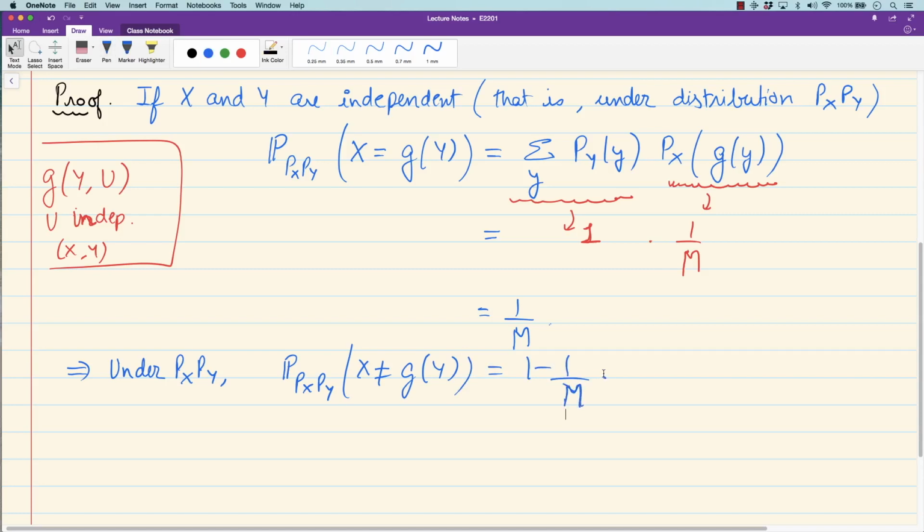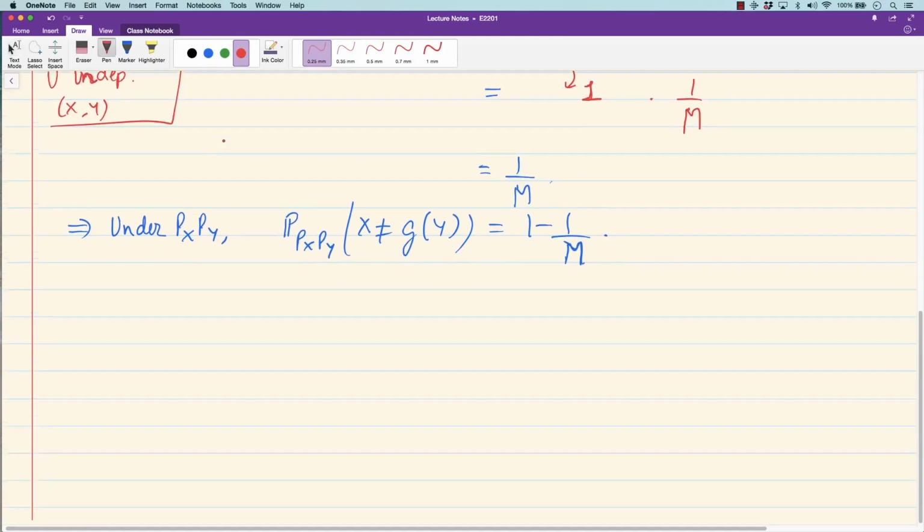So the main idea behind a proof of Fano's inequality is that if the probability of error is 1 minus 1 by m under the independent distribution, how much better can it be under the original joint distribution? And the answer is that it cannot be too much better. How much better this can be depends on mutual information. So how do we show this? Well, we'll use the data processing inequality. So formally,